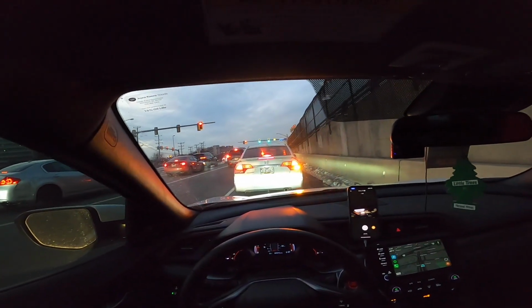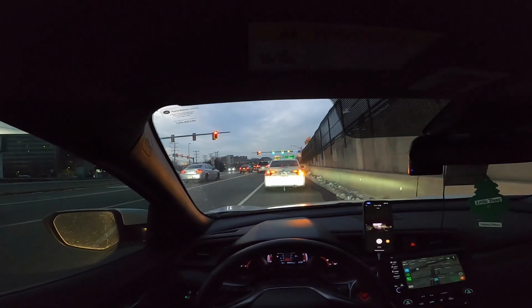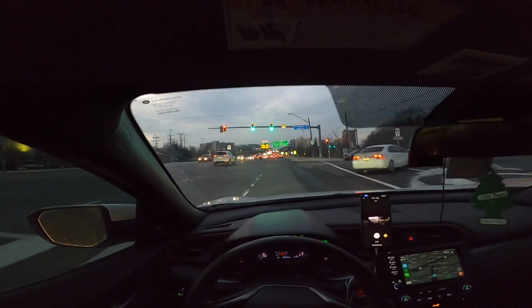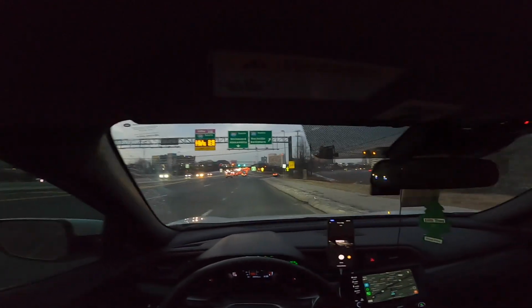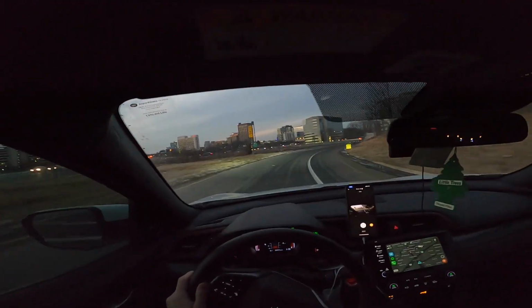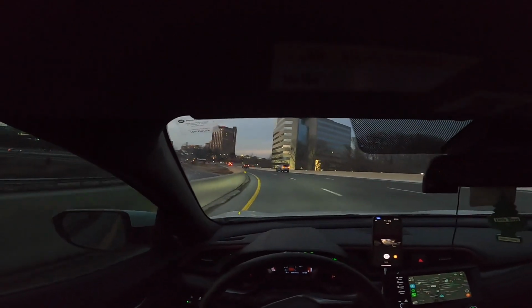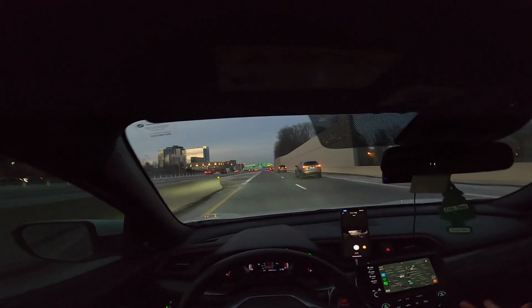Another good reason that this is a daily is because it has a lot of modern amenities. It has heated seats, dual climate control, and Apple CarPlay. As you can see on the screen right here, I have Waze open. It doesn't have a heated steering wheel or anything like that, but that's not the biggest deal in the world to me. And the heated seats are a really nice touch, especially in the winter months like we are right now. It doesn't have remote start, obviously, because it's a manual transmission,